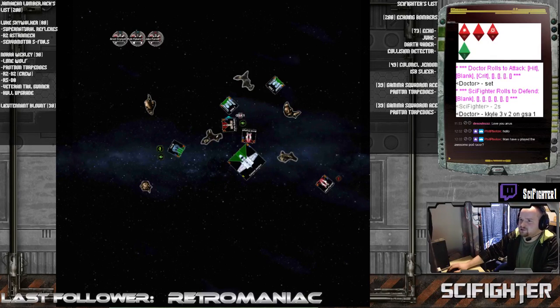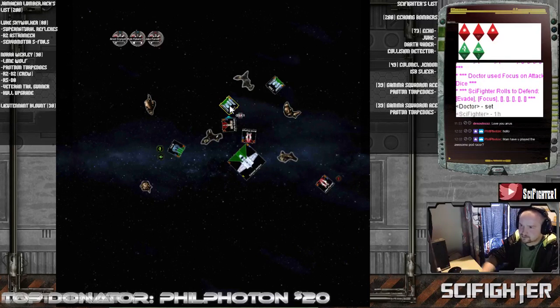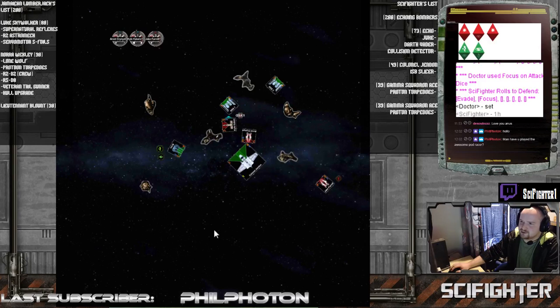I'm not scared of you. Okay, spinning the focus. There it is. Rolling 2. I'll take 1. 1 hole. Overall, we did 2 damage. He did 3, 4. But he has less health than we do, so you can kind of extrapolate that to mean that we did more. We're going to go ahead and cloak